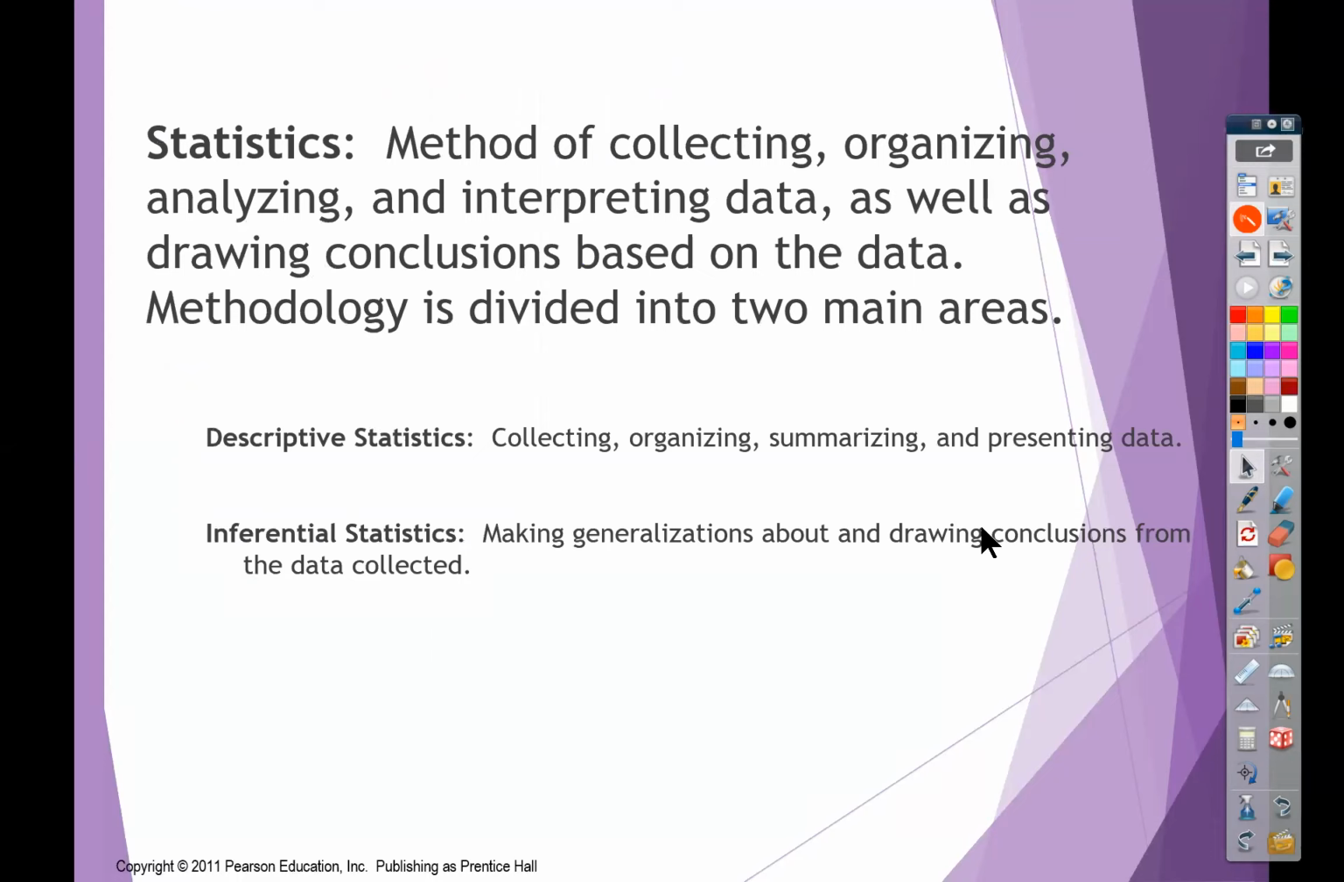It's methods of collecting, organizing, analyzing, and interpreting data, as well as drawing conclusions based on the data. Methodology is divided into two main areas: descriptive statistics, which is the collecting, organizing, summarizing, and presenting of data. And then there's inferential statistics, making generalizations about and drawing conclusions from the data collected. So descriptive is the actual collecting, organizing, summarizing. Inferential is making generalizations and conclusions from that